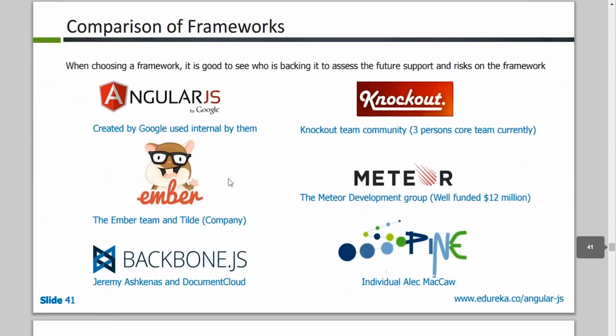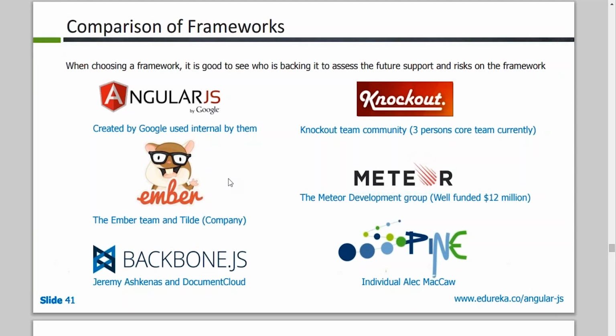Great. Comparison of frameworks. It's always important. Say you are developing an application, you use a library or a framework, and the development or the upgrade stops. What happens? So that's one big risk factor. You have to always think when selecting libraries or frameworks, or for that matter any kind of third-party libraries that you add to AngularJS. Always remember, it has to be used well, it has to be supported well, it has